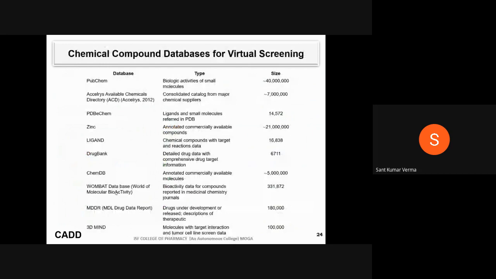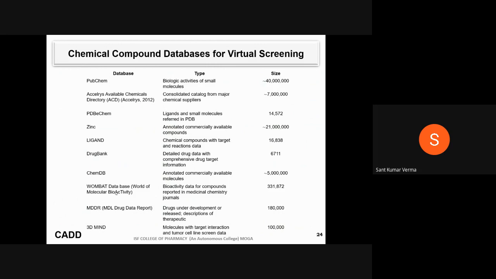These are the chemical compound databases which can be used for virtual screening, like PubChem, SLREs, PDBchem, ZINC database, Ligand, DrugBank, ChemDB, Wombat, MDDR, 3D Mind, from where we can get ligands and fractions of ligands, active molecules, FDA approved molecules, and so on. We can get lakhs and millions of molecules from these databases and screen them against